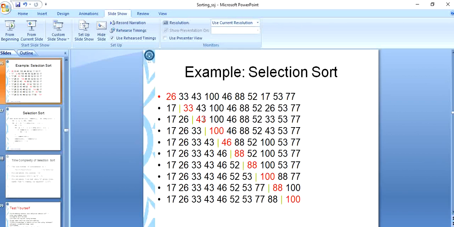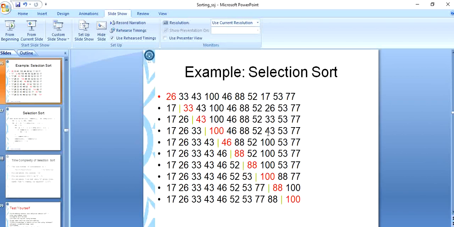Similarly, at round 3 we are performing n minus 3 comparisons, only 7 comparisons are required. At round 4 we are doing n minus 4 comparisons, and so on. In every round the number of comparisons is reduced by 1. This is very identical to bubble sort. In bubble sort also, we sort one element in a single round and decrease the number of comparisons required for the next pass or round.